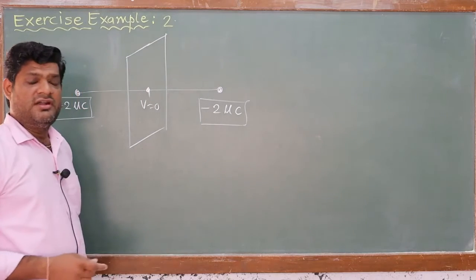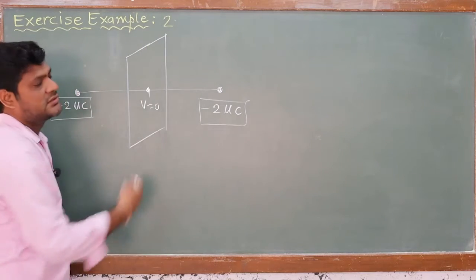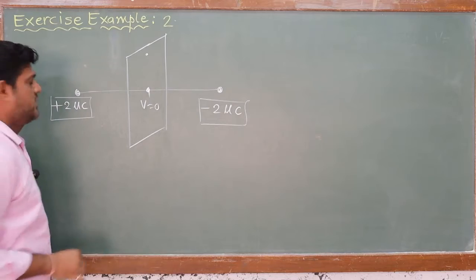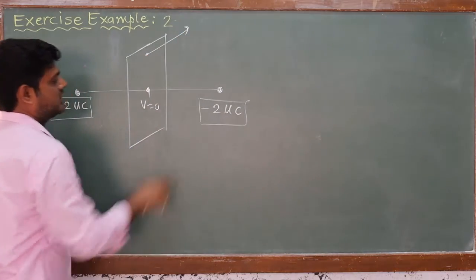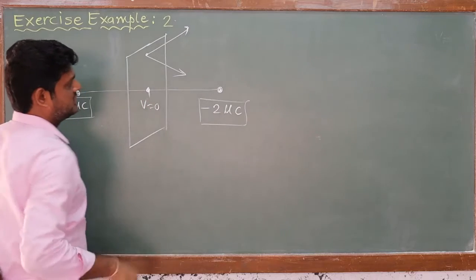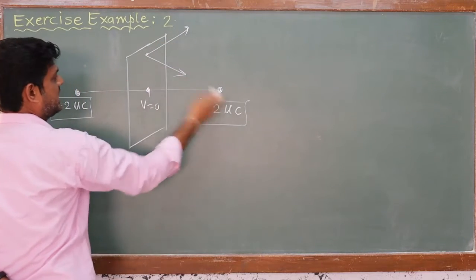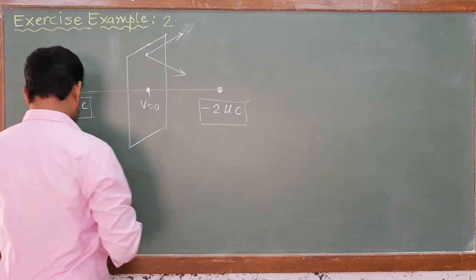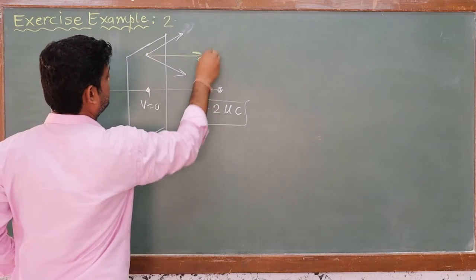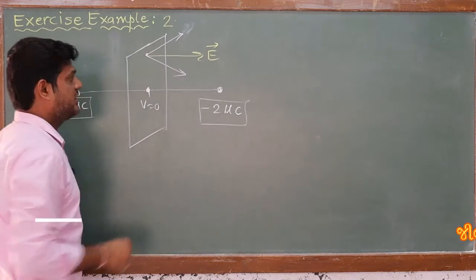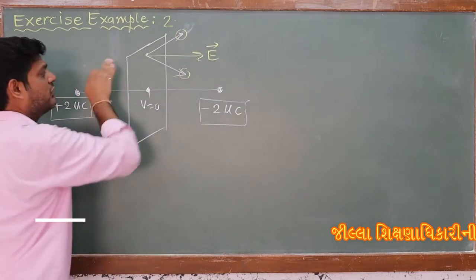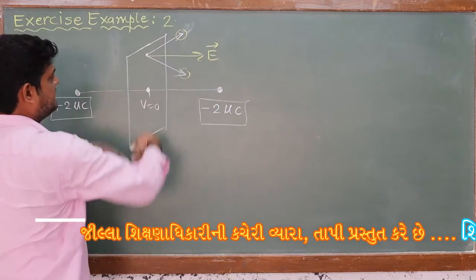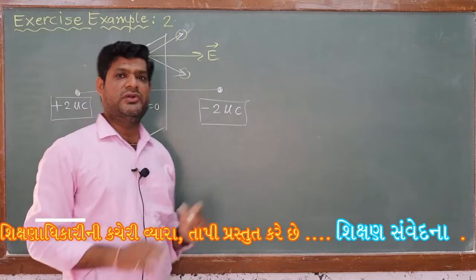The second question, what is the direction of electric field on the equipotential surface? Suppose here is a point. Due to the plus q, electric field will be directed like this. Due to the minus q, electric field will be towards it. So the resultant of this, because they are at the same distance, so they are equal in magnitude, will be like this. So electric field will be in this way. Net resultant electric field due to this and due to this vector will be towards the negative charge particle. So we can say that this electric field is perpendicular to the equipotential surface.